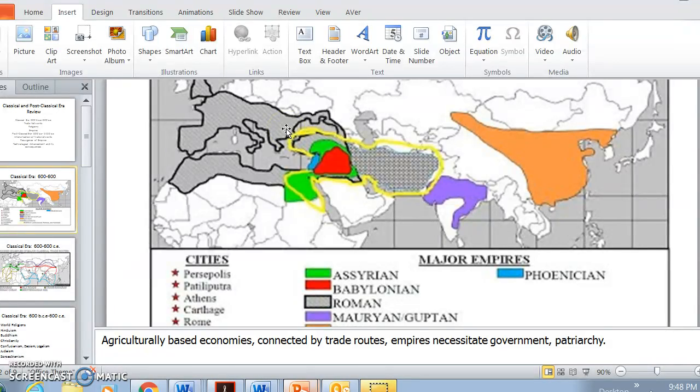Remember, Rome gets so big that the Roman emperors decide to divide Rome in half, thinking that would make it more sustainable. However, when Constantine takes over and makes Christianity the official religion of the Roman Empire, it moves the capital city of the empire to here, which at the time the city was called Byzantium. He changed the name to Constantinople and moved all the resources and engineers to this area,